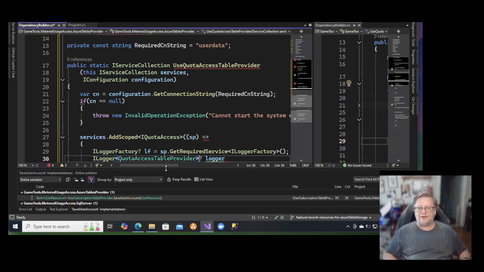I actually don't need that type discriminator here because it all satisfies an ILogger equals lf dot create logger of